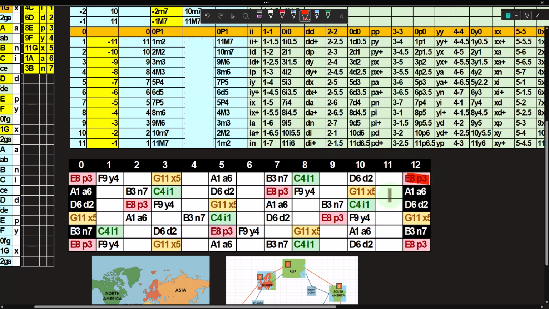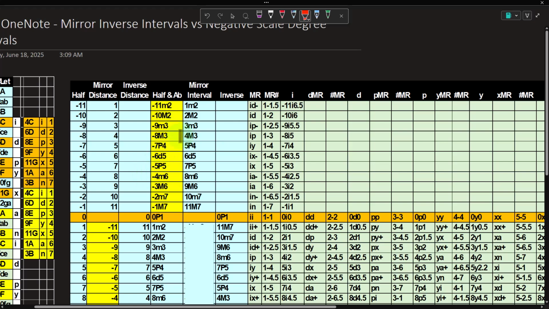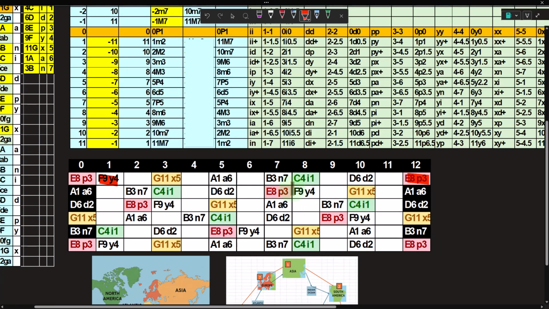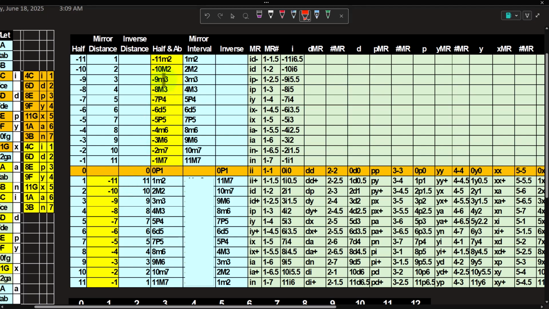We go back 11. 1, 2, 3, 4, 5, 6, 7, 8, 9, 10, 11. It would bring me to here, right? So that would be 11 back. So normally it would be going forward by 1. You can't see it here, but if I was on this one, I went forward to 1. You could see that distance there. And so you would think going backwards, it would be, if this was the 1 scale degree, 1, 2, 3, 4, 5, 6, 7. You would think it would be the negative 7 scale degree, but we don't have that. So I would just use the same term and say, okay, we're going to say it's going to be a